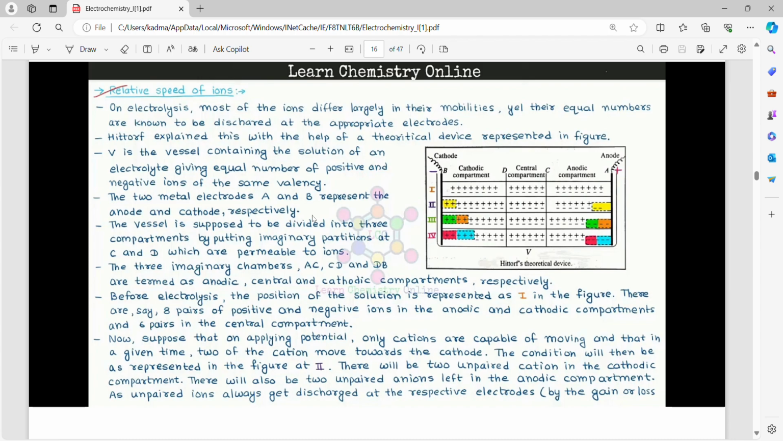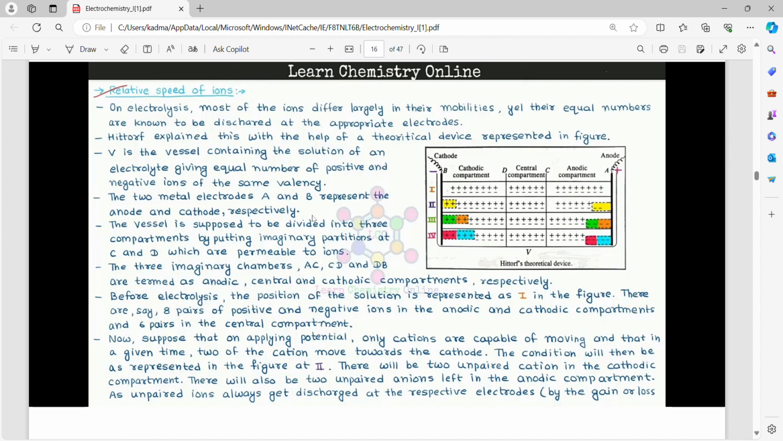The vessel is supposed to be divided into three compartments by putting imaginary partitions at C and D, which are permeable to ions. The three imaginary chambers AC, CD and DB are termed as anodic, central and cathodic compartments respectively. Before electrolysis, the position of the solution is represented in the figure. There are say 8 pairs of positive and negative ions in the anodic and cathodic compartments and 6 pairs in the